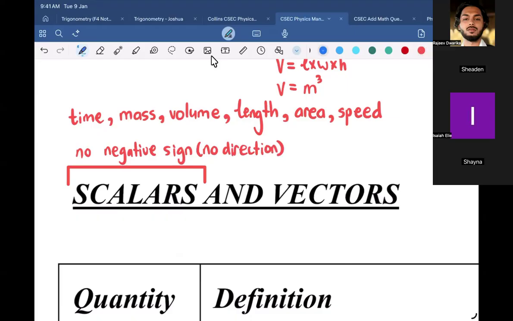Right? Could somebody give me a couple of examples of vectors? To begin with, what exactly is a vector? Back to you, Sheena. What's a vector? A quantity that has both direction and magnitude. Right. And so think of something that is positive and negative at the same time. It can be positive or negative.